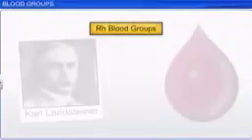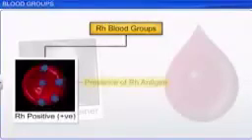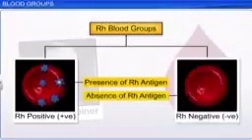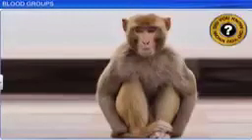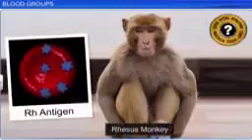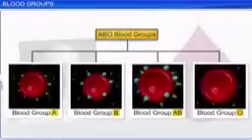The presence of the Rh antigen in the blood is called Rh positive, and the absence of the same is called Rh negative. Did you know that the Rh antigen is named after the rhesus monkey in which it was first identified? Apart from antigens, anti-A